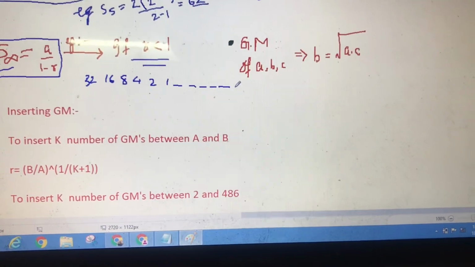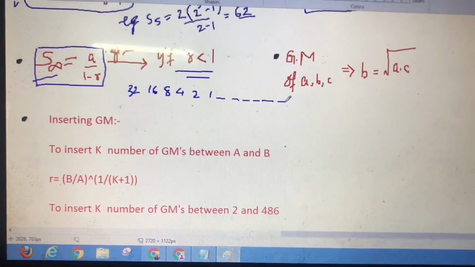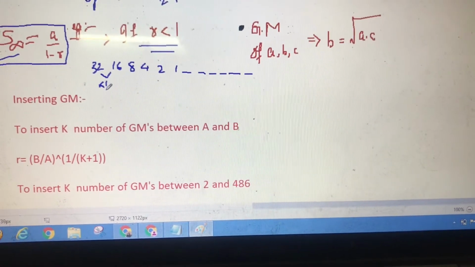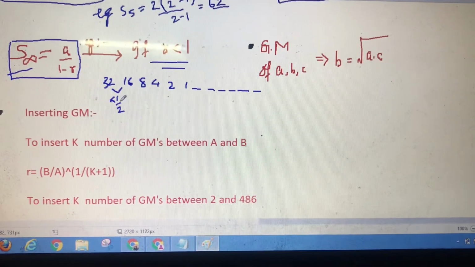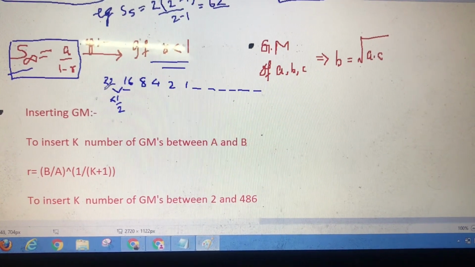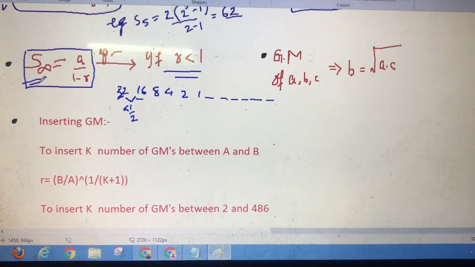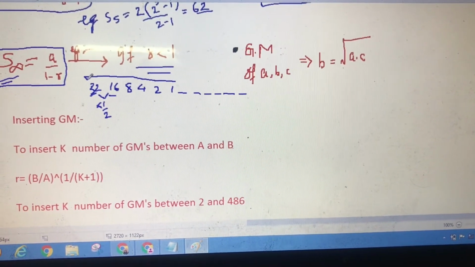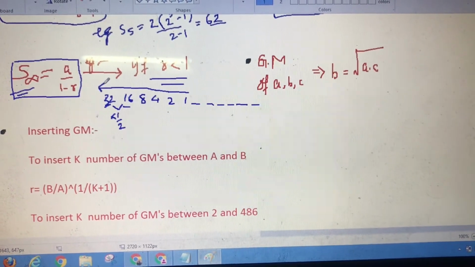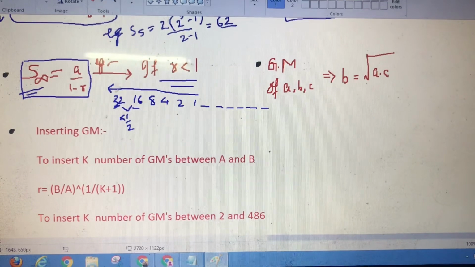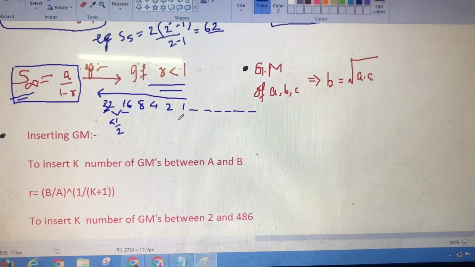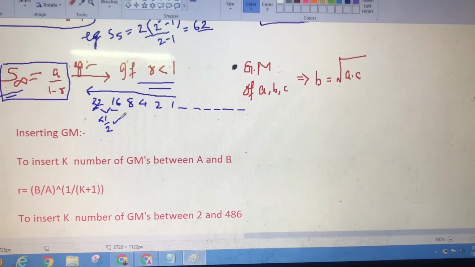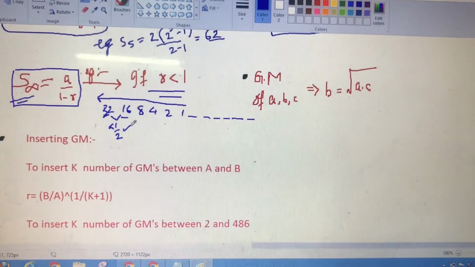We know as we progress, the terms that will come across will be negligible, right? So in this case, what is the common ratio? 1 by 2. Because the term 16 divided by the term before it, 32, is 1 by 2, here we can find the infinite sum. But if the series was in this order 1, 2, 4, 8, 16, 32, then finding the infinite term sum is not possible. Infinite term sum is only possible when the series is decreasing. Understood? Or when we have the common ratio coming out to be lesser than 1. Then only we can find the sum of infinite terms.